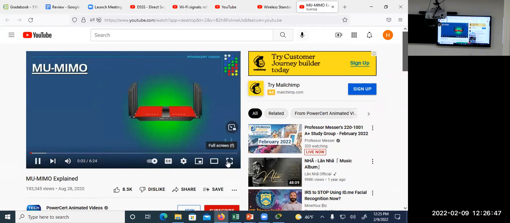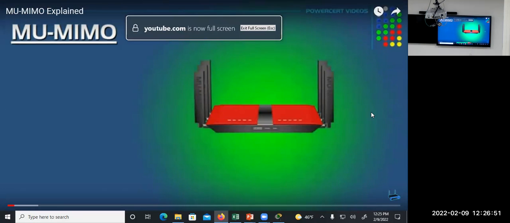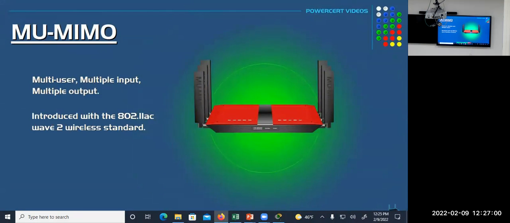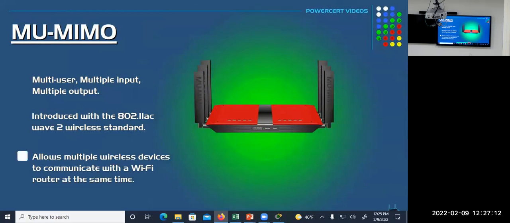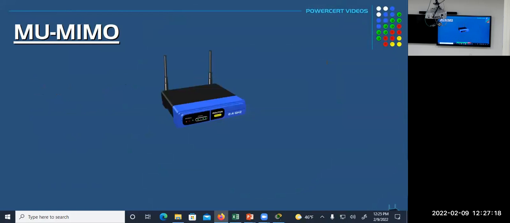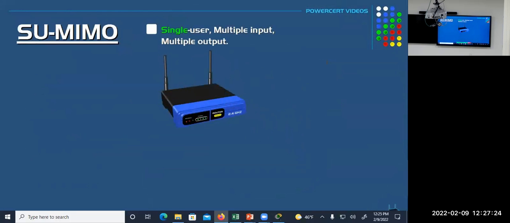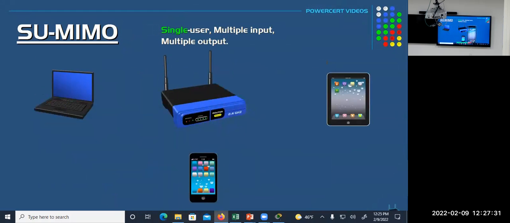In this video, we're going to talk about a wireless technology called MU-MIMO, which stands for Multi-User, Multiple Input, Multiple Output. Now, MU-MIMO was introduced with the Wave 2 version of the 802.11ac wireless standard. And this is a feature that's used in modern Wi-Fi routers. And what this does is that it allows multiple wireless devices to communicate with a Wi-Fi router at the same time. Now, previously, routers communicated with devices using SU-MIMO, which stands for Single User, Multiple Input, Multiple Output. Now, this was used with the previous wireless technology, which was